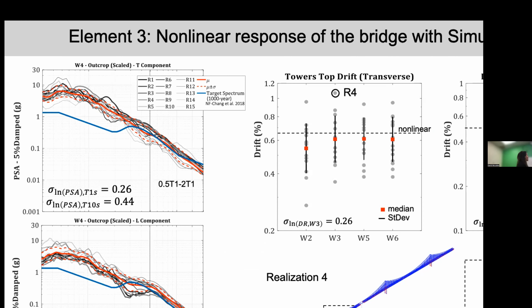And what really caught our attention was the distribution we were obtaining in the structural response when compared to the distribution here, which is also an artifact of the scaling of the actual input motion to the spectral acceleration, once again, at the fundamental period of that structure. And so what we realized is that what was really driving, not only the amplitude but also the variability of the response, was the input motion at these towers, and the motion that the towers were transferring to the bridge, to the deck.